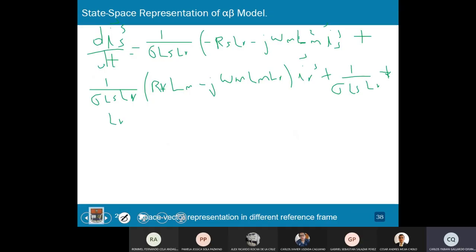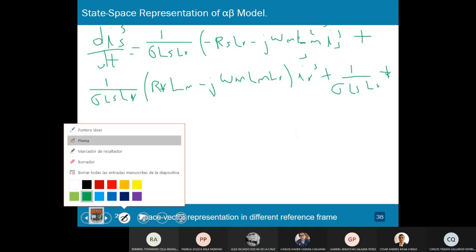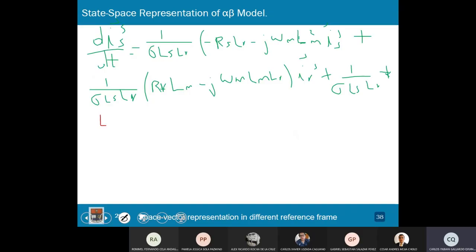So I continue down. So I will have the rotor inductance plus the rotor inductance times. Okay, so let's clear this part. So I will have times the rotor inductance times the stator voltage space vector, minus 1 over the stator inductance, the rotor inductance, the magnetizing inductance, the rotor voltage space vector. And let's call this equation number A.